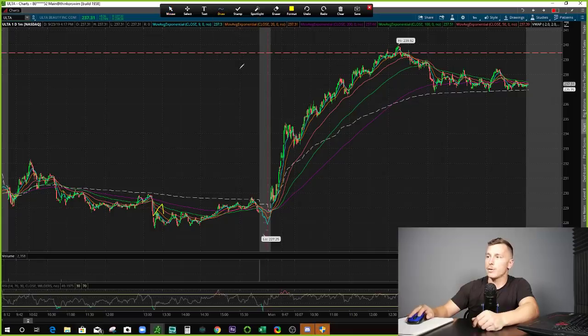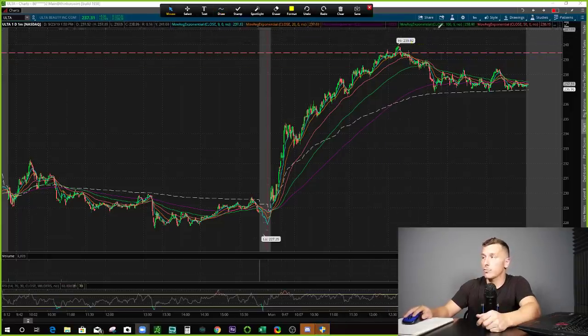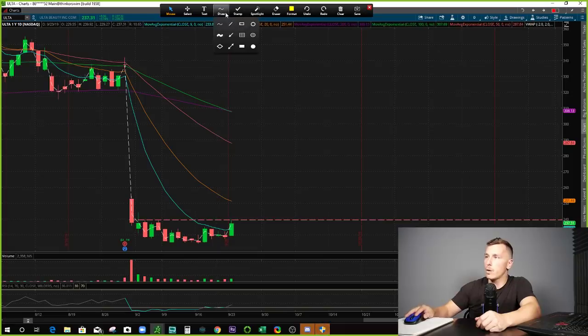So what could have happened here is anybody long bias on the day could have sold at resistance, right? They could start selling there. Anybody who is wanting to be short the stock could have started selling short here at 240. Anybody who has already been short the stock might have stop losses around this 240. So if we go back to the daily chart, what we can see is the 240 is a significant level. If we can get up and over that, we might start seeing some really nice green days, something like this, right? Where we're starting to bounce back and then test